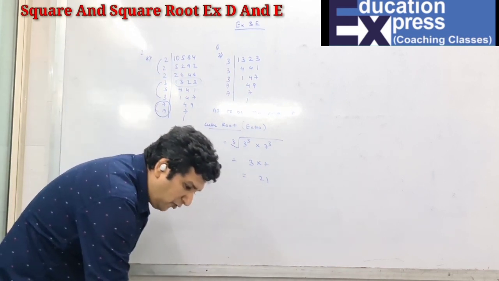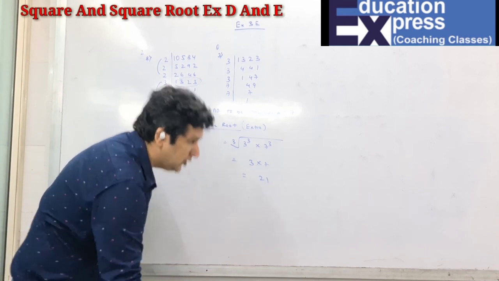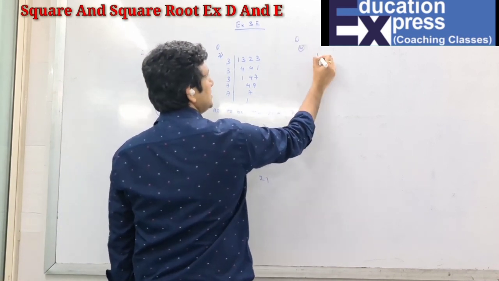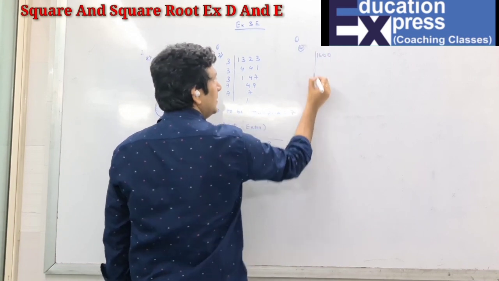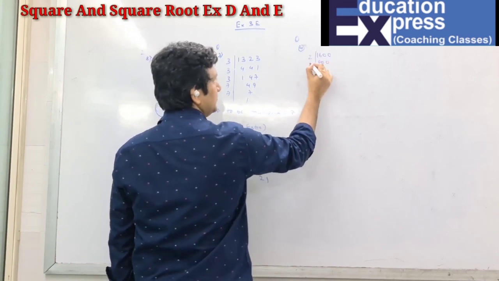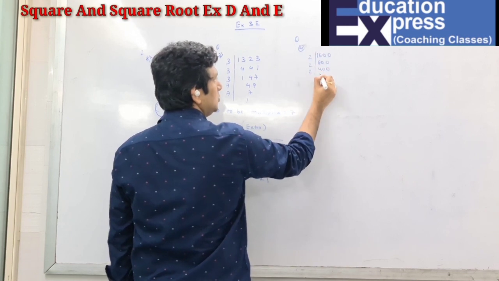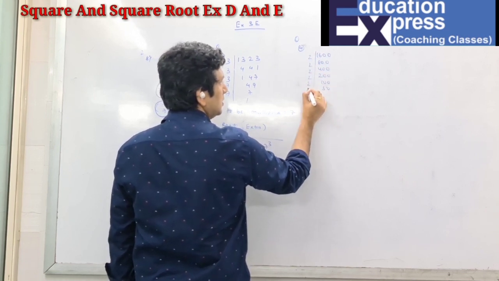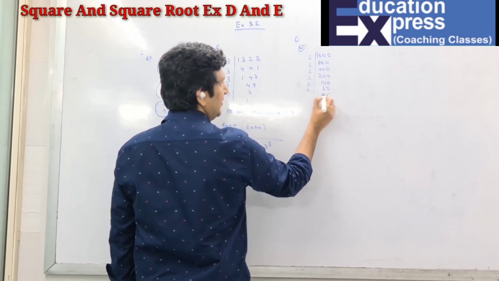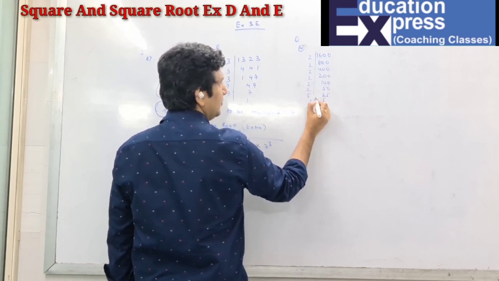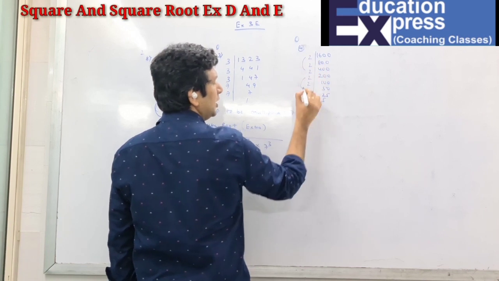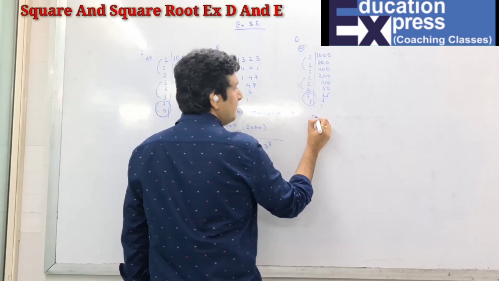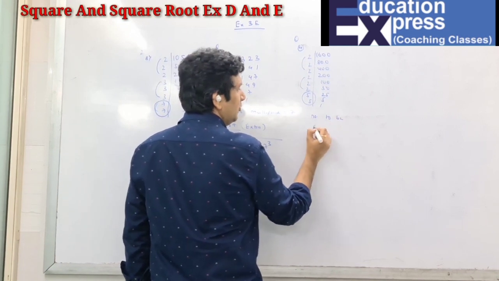Now, what is the smallest number by which 1600 must be divided to get a perfect cube? So 1600, 2 8s are 16, 2 4s are 8, 2 2s are 4, 2 hundreds are 200, 2 25s are 50, 5, 5 and 5. So you have 2 cube, 2 cube. Here I do not have 5 cube. That means the number to be divided